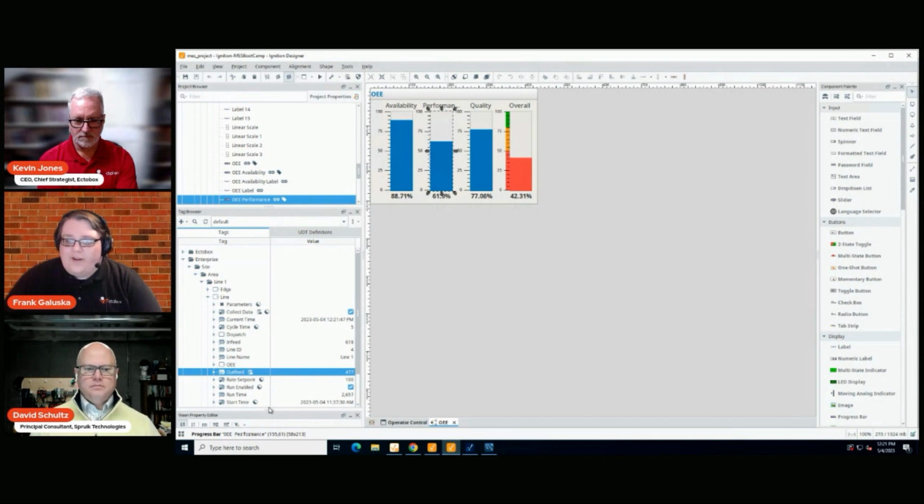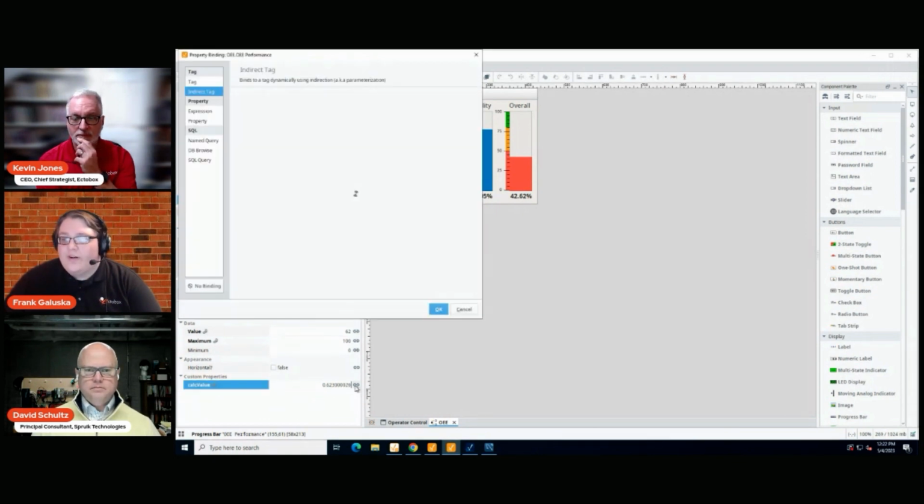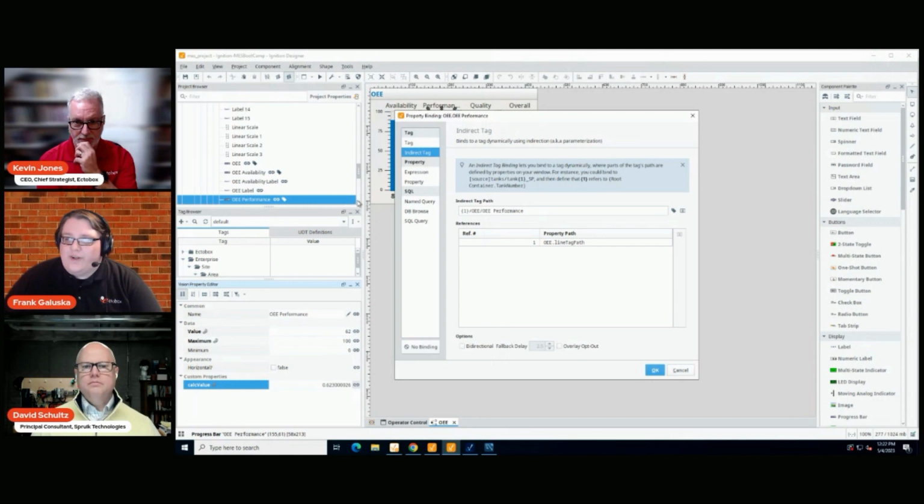And if I minimize my tag browser here, I have my property editor down here in the bottom left. So you can see I clicked on performance, and the custom property of calc value that's being used to display that has a binding, and you can tell that by the little paperclip or chain link icon over there. So in order to use these